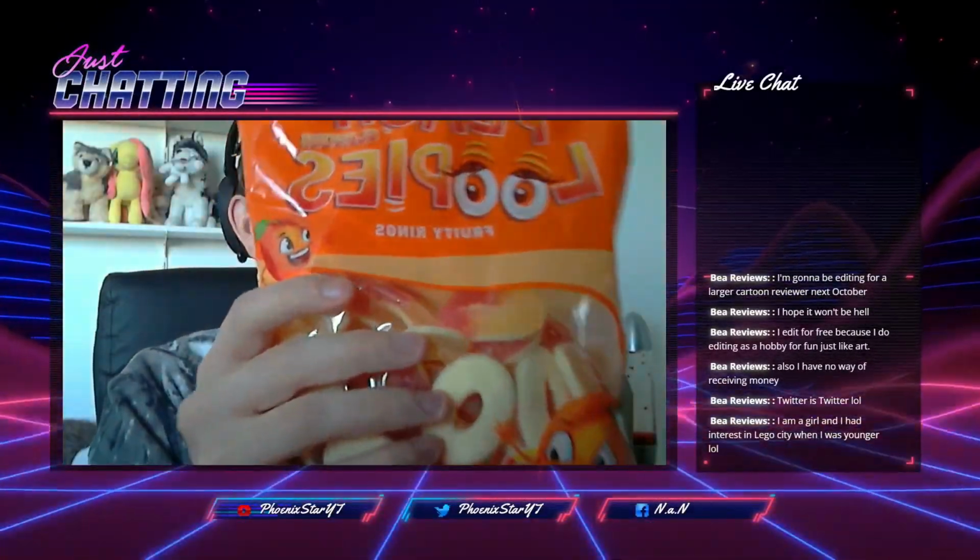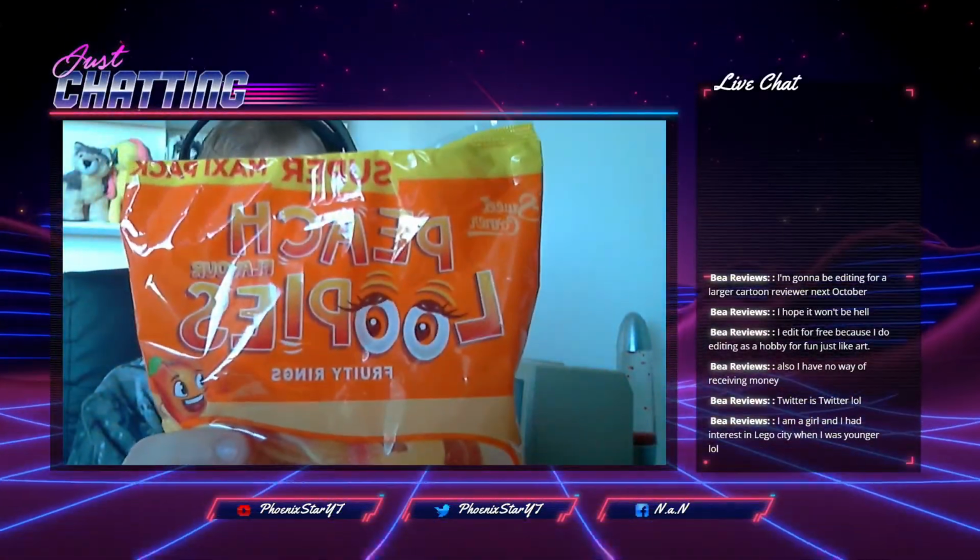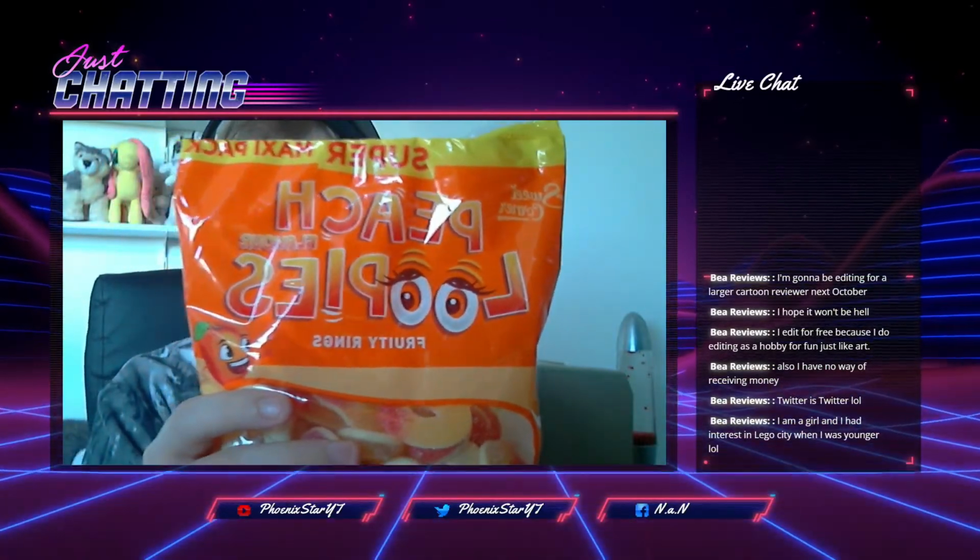I don't know if you can see it, but it's these peach loopies, and supposedly they are incredibly sour. So this should be fun. Let's have some sour sweets.